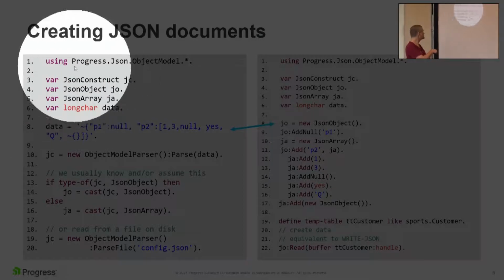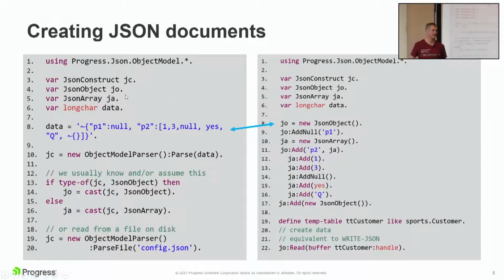If you're not used to this syntax, this is 12.3 and older. I always thought of myself, oh, I like my define variable statement. And as soon as I was able to use something like var, it's very cool. It's very fast. It just clicked in my brain. But it produces what's called a JSON construct.